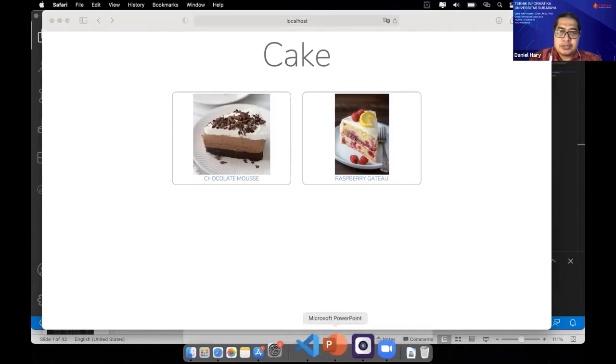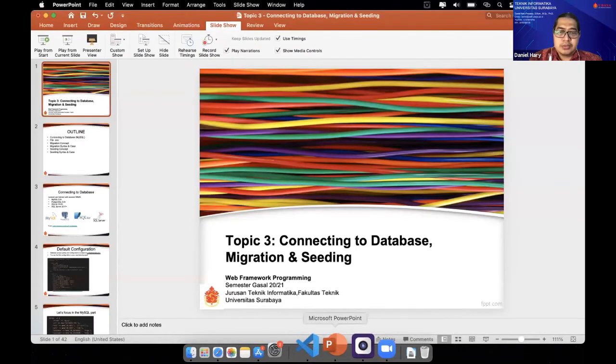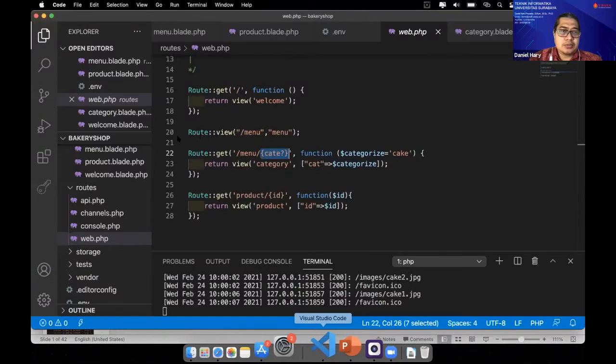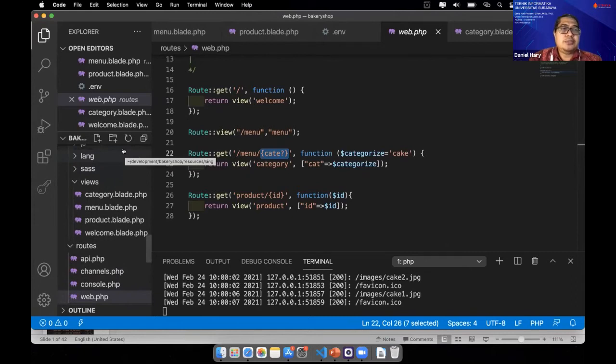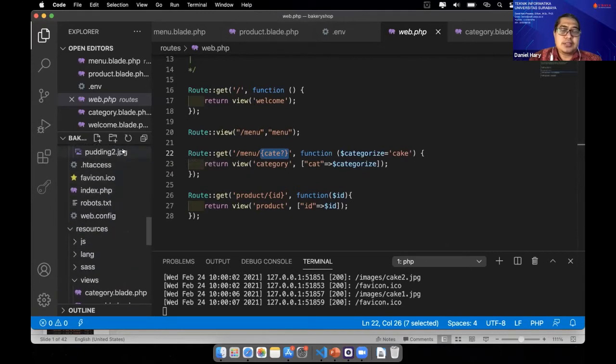Now we move to the new topic. Maybe today we will not do anything with code. We will not do anything with the program in web or the views, but we will create the database.